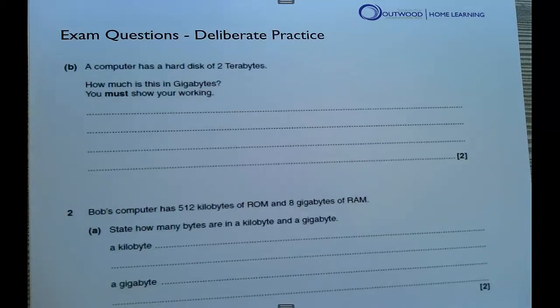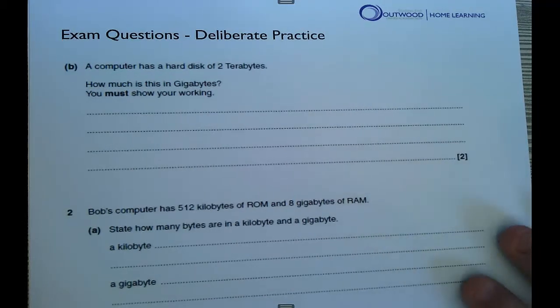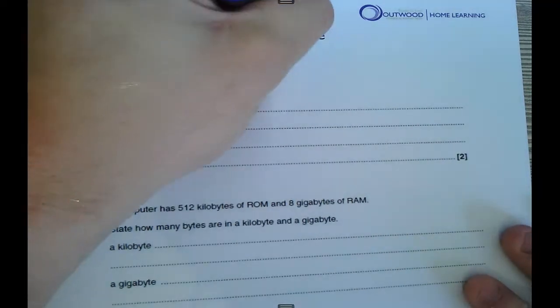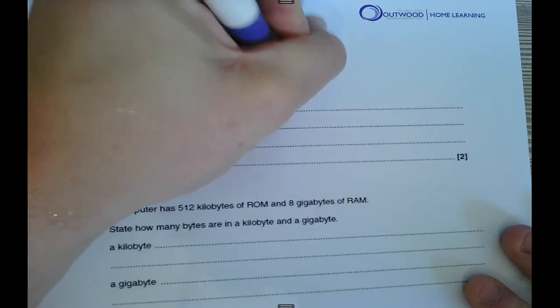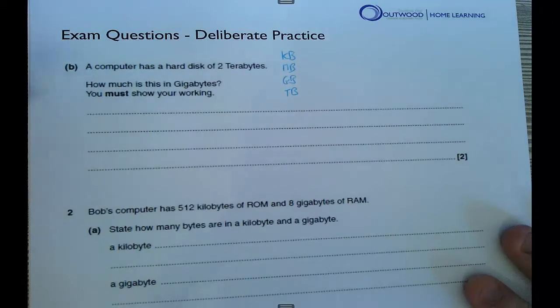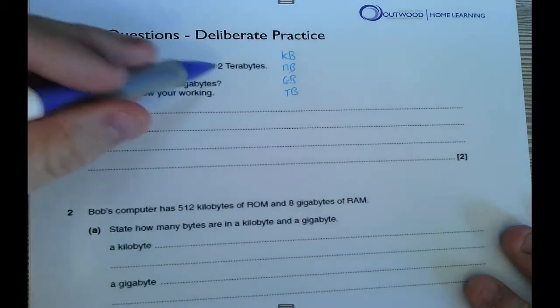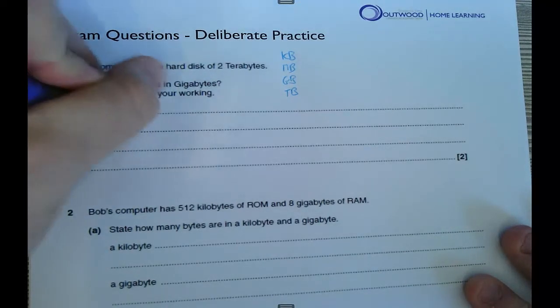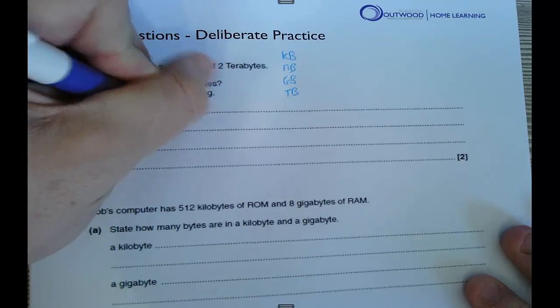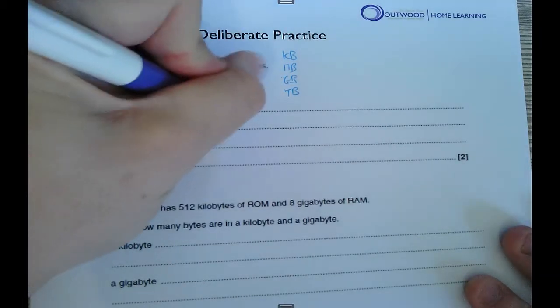Okay, so let's have a little look at these exam questions then. So we've got a computer has a hard disk of 2 terabytes. How much is this in gigabytes? So remember, we go kilobytes, megabytes, gigabytes, terabytes. Okay, terabytes being the biggest, and we're working in multiples of 1,000. So if we've got 2 terabytes, we've got 2 times 1,000 because we're going down the scale once. Therefore, we've got 2,000